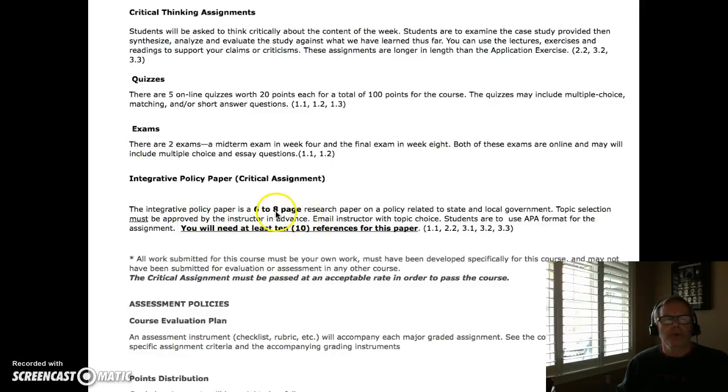This policy paper requires you to follow an outline which we supply you. I'll go over that here in just a second. If you follow the outline, you'll do great on the paper. It's really a pretty straightforward outline, and it covers the material that you need to cover for the assignment. So I'll make sure we go over that here in just a little bit.